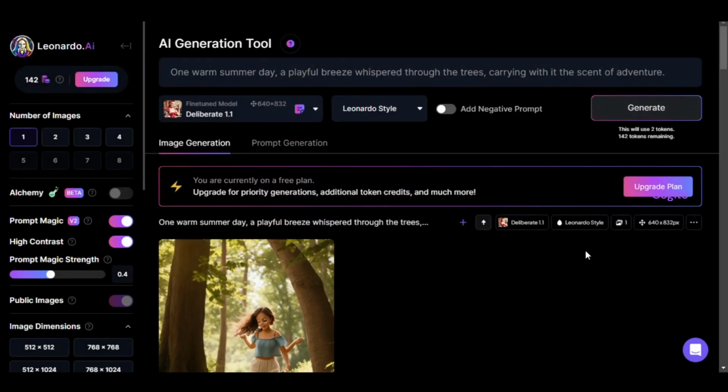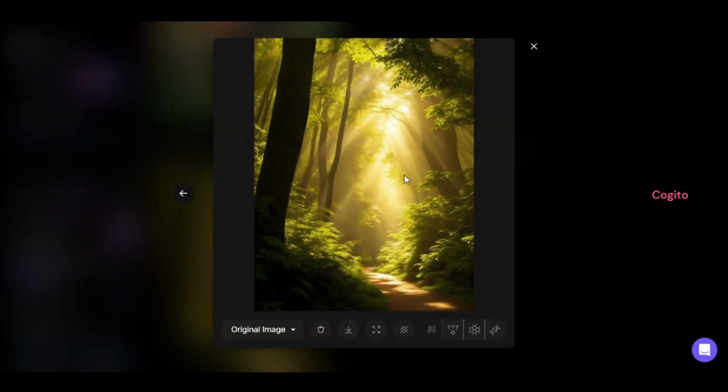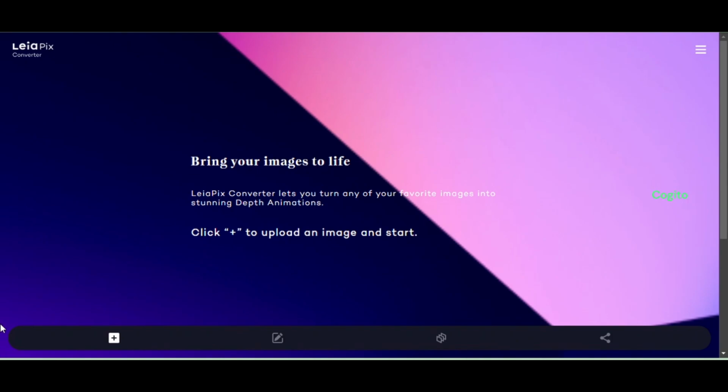After successfully creating the images, simply right-click on each image and choose the Save option to store them directly onto your system. Step 3. Proceed to LiaPix and upload the images obtained from the AI image generator by utilizing the